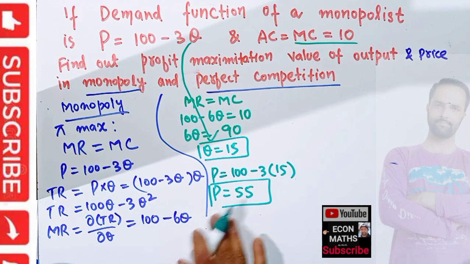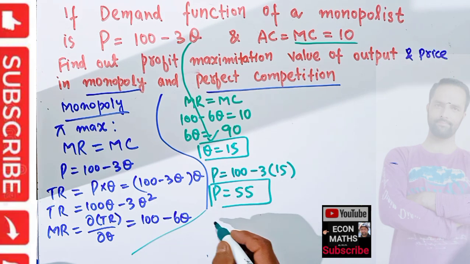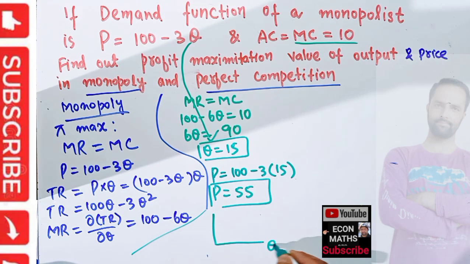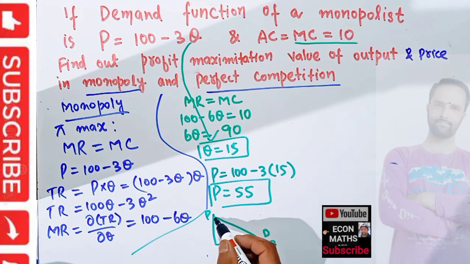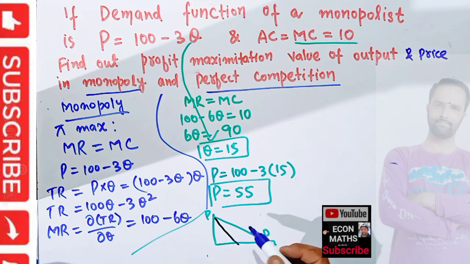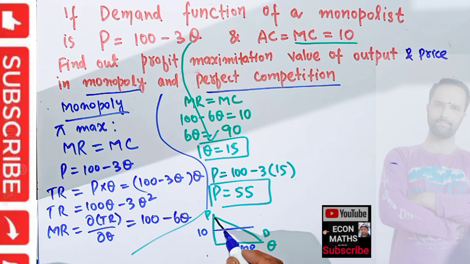Graphically it will look like this. If we have output here and price on this side, and this is our demand function, our average revenue function, we have the marginal revenue function here. Then let me use another color. Marginal cost is 10. This is our marginal revenue function, so marginal revenue is equal to marginal cost. Output is 15,